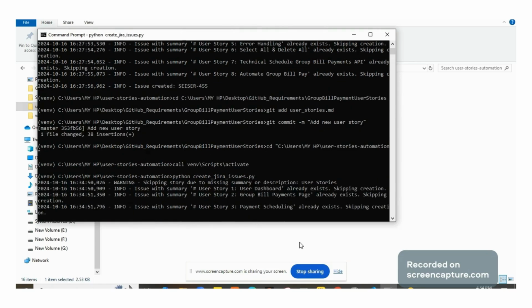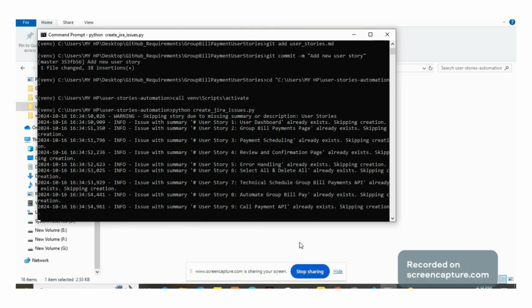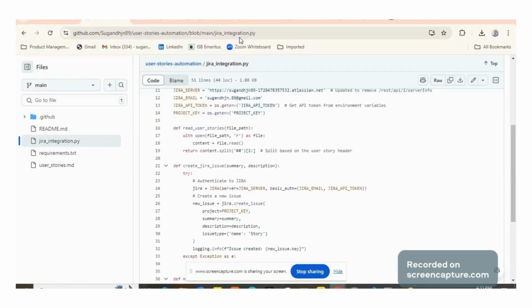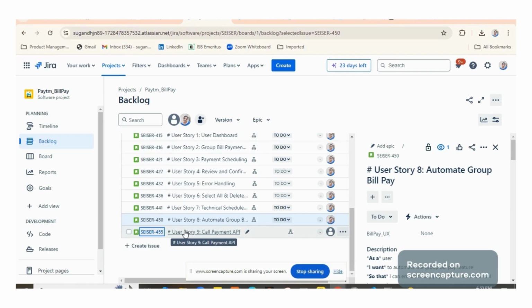here we'll see that it's showing skipping the story. So it is generally skipping those stories which are already present in Jira. And in the very last line, we can see it says issue created. So this is the new story which we have recently created. Now if I go on Jira, we can see that right now it is user story call payment API. If I go and refresh,